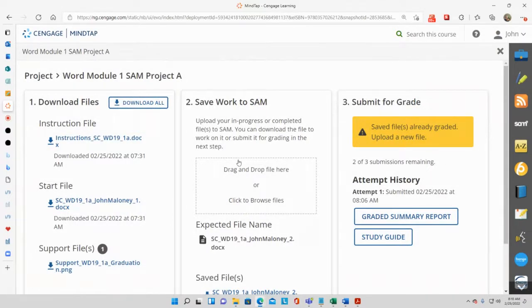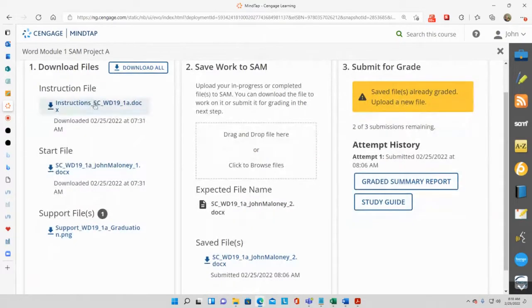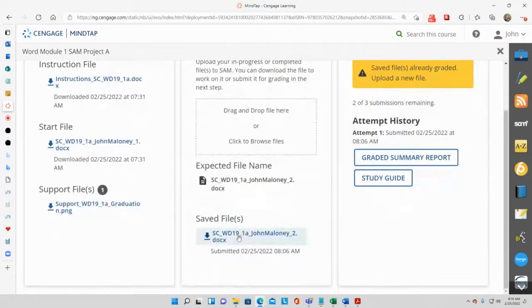So you don't need to do this, but now you need to do your work, but you don't need to download because you already have the computer now. You have your instructions file, you have the start file, you renamed the start file, and you started following the instructions. So you've done some of this work, and then you uploaded it. Now you fix it on your computer, and then you upload the same file again. So you would again here click to browse, even though that one shows a save, but this is the one you submitted. In my case, I submitted at 8:06 a.m. on Friday, February 25. So you would then click the same button again after you make your changes,